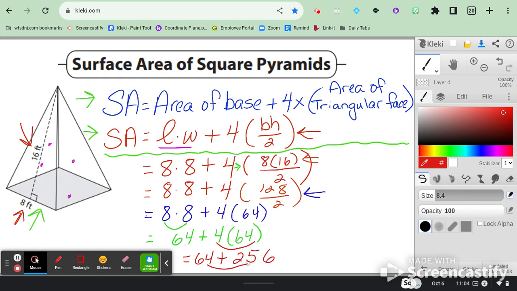Then I'm just going to do my final operation. Take the 64 and add 256, and I get 320. My unit is feet, and surface area